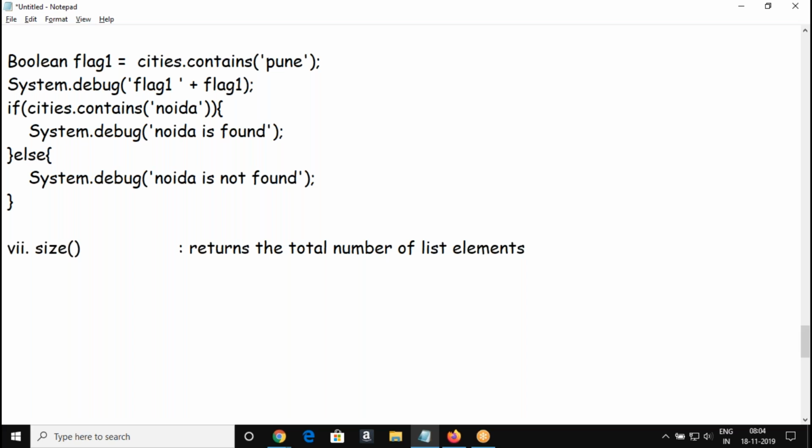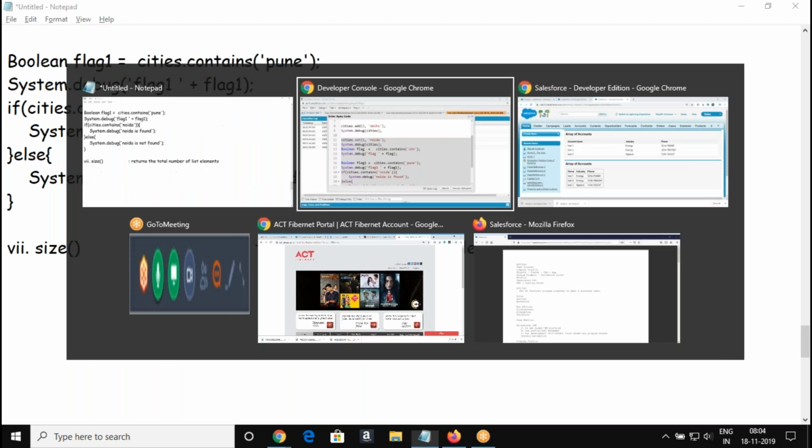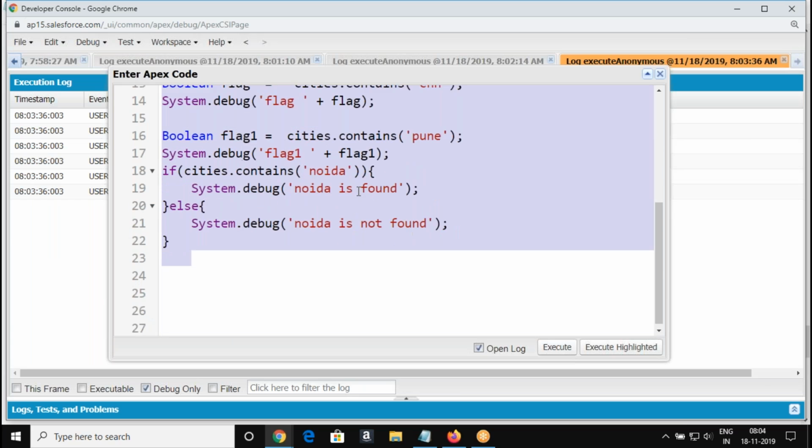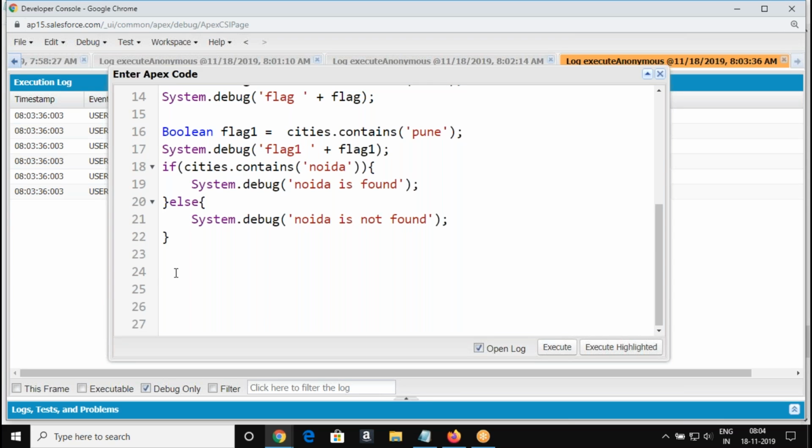The size method is an instance method of list, and it returns the number of elements in the list. So here I'm just going to execute the size method, cities dot size. So what is going to be returned? It's going to return an integer value.